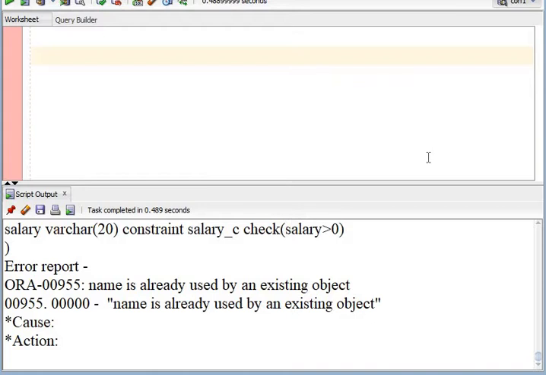So if we want to apply the alter command, we need to be cautious about the data which is already present in the table. Let us try to execute some examples based on the alter command.